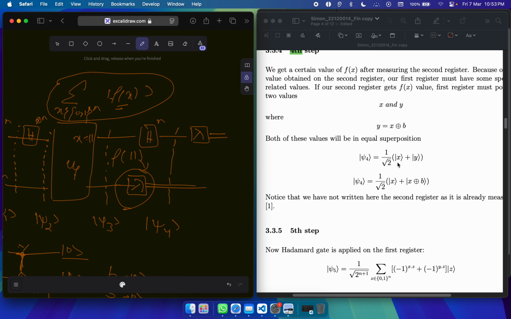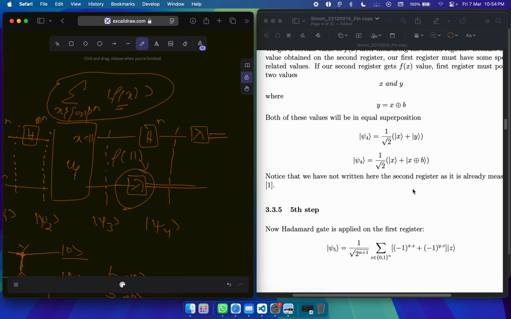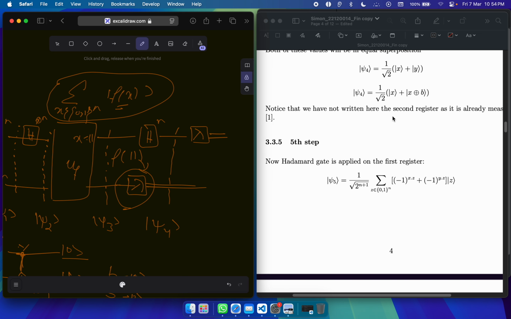where we get an x and a y in equal superposition. That means essentially that our x will generate the f of x that we just read, and our y is also going to generate the f of x we have just read in equal superposition, so like in equal probabilities. So we also know that y can be expanded as x XORed with s, or x XORed with b, right? So we write it as such right here. So now what happens is we know that if we apply the Hadamard gate again to the first register, on this register,